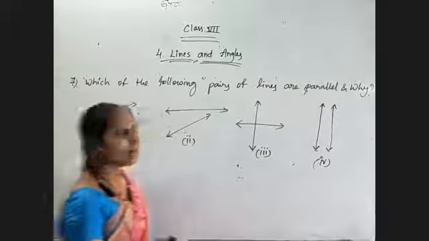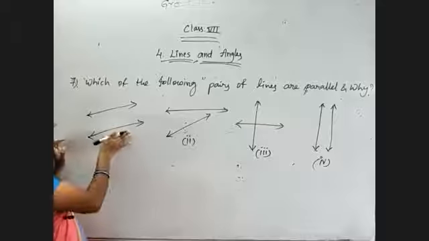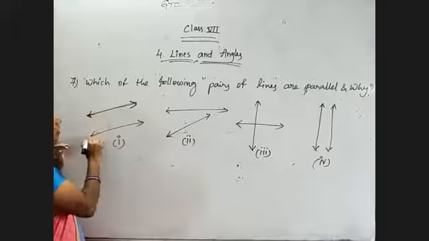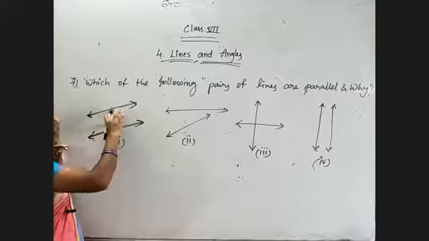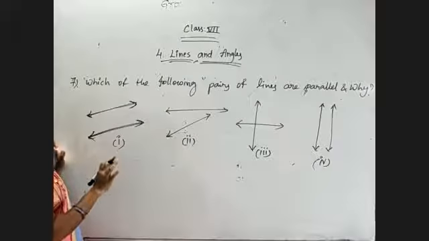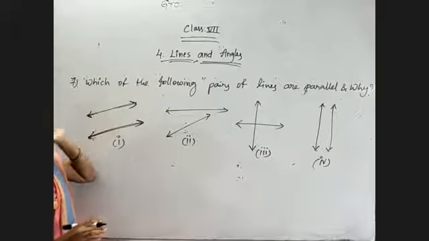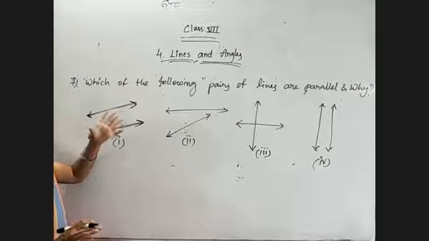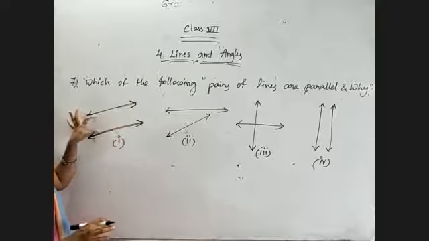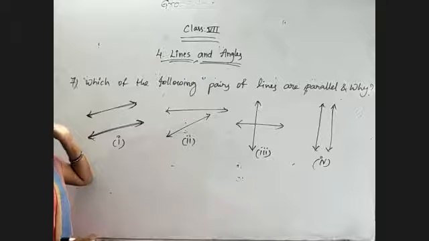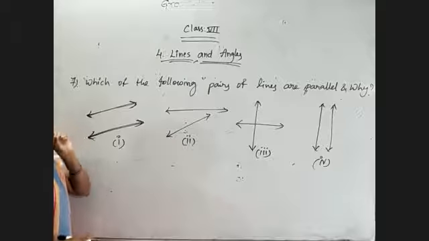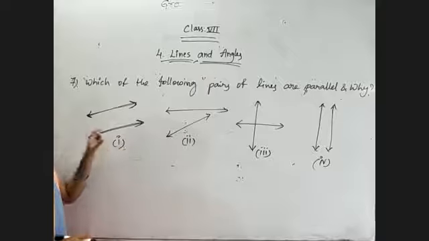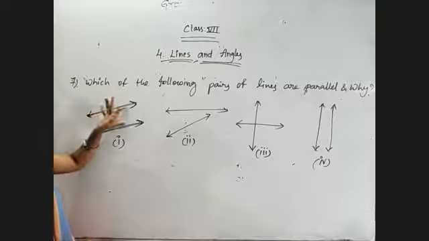Okay, observe the given picture. Observe here, first these two lines are mentioned. Now just observe these two lines are going on. There is no meeting point for these two lines. First thing is, what are the parallel lines? They should not have any meeting point, means intersecting point, as well as they must have the same distance at any point. Yes or no? Two conditions they must satisfy. First condition is they do not meet at any point, and the distance between those two lines is always equal.